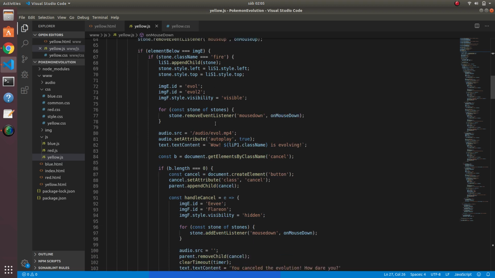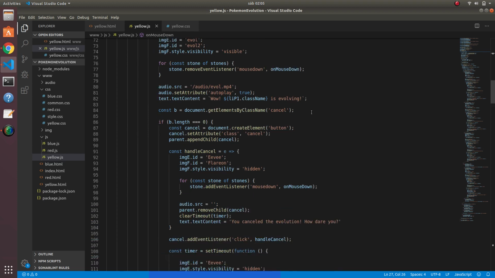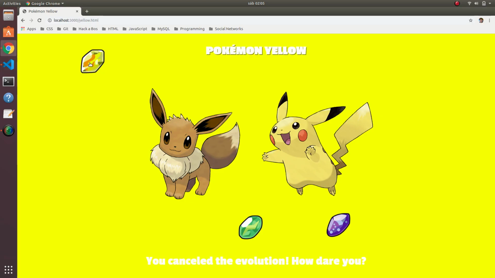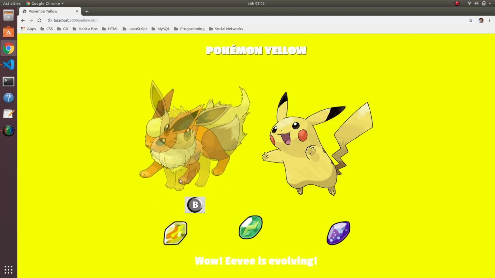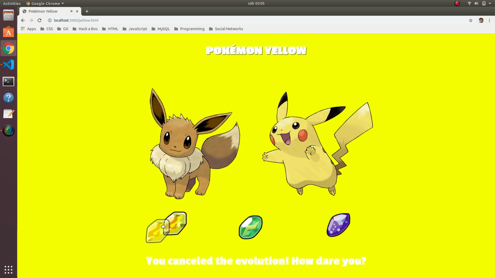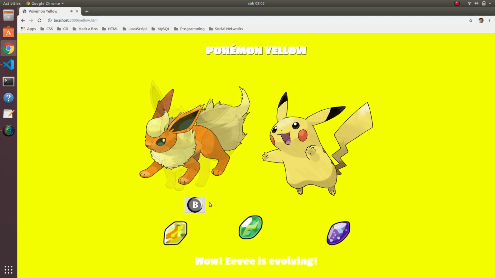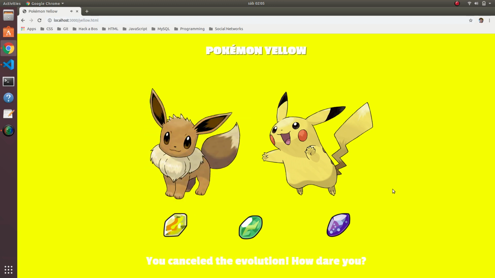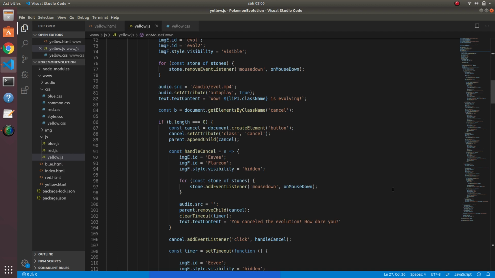And there was another problem, that is, I'm not sure why, but when I drop the stone, okay, it creates me a B button, but for some reason, before the second time I drop, it created me 2 buttons instead of 1. So how I decided to solve this? I said to the JavaScript, I'm going to create a big constant, and